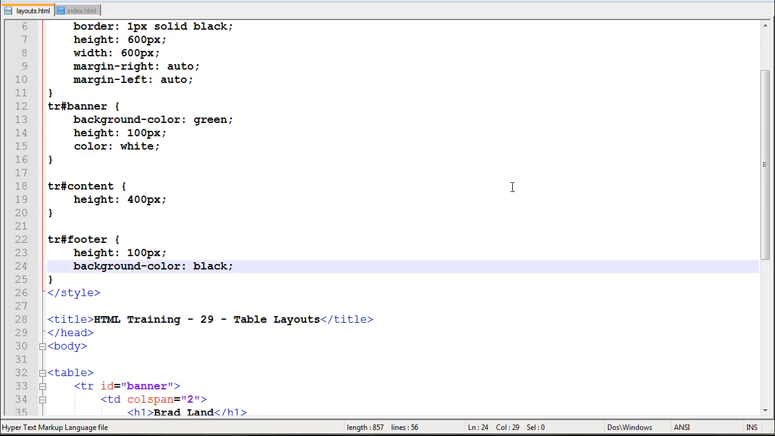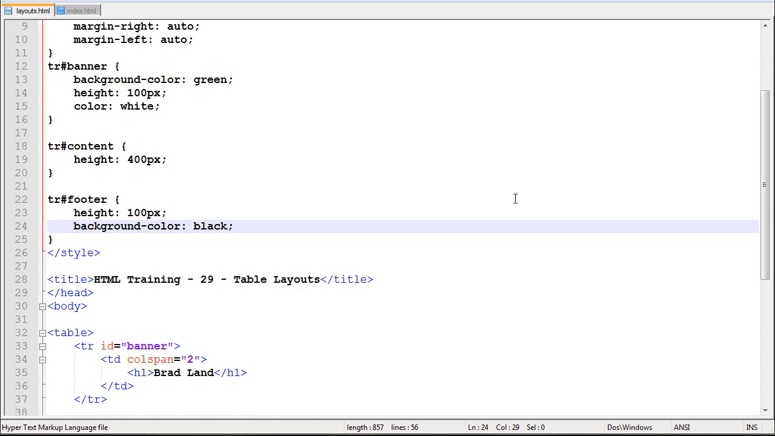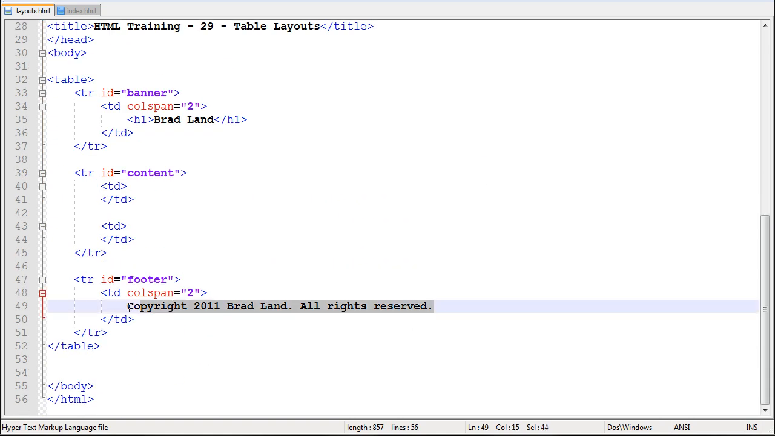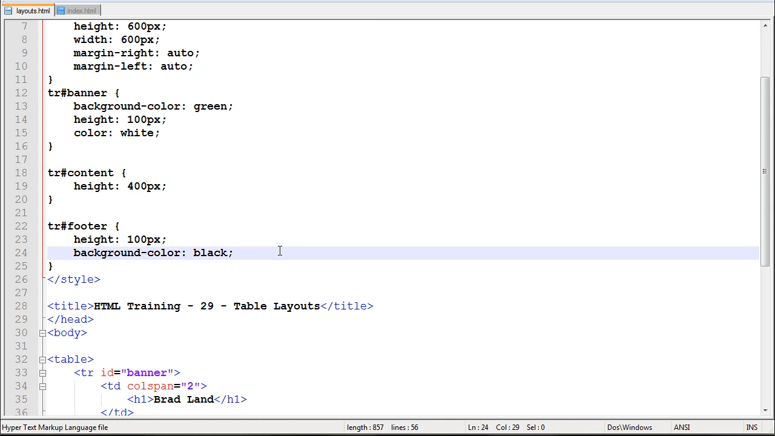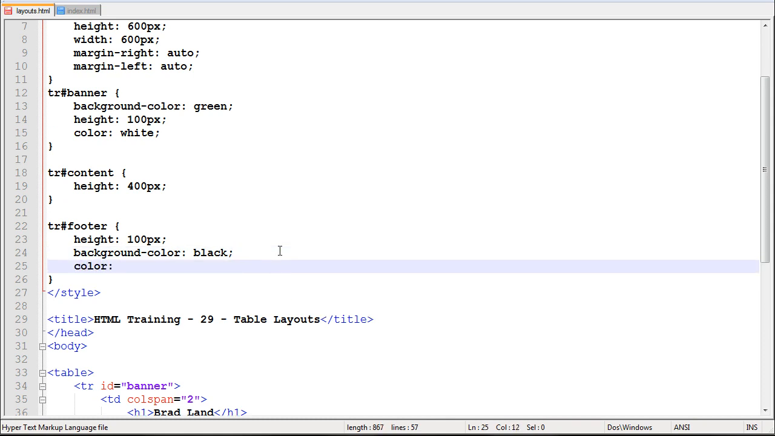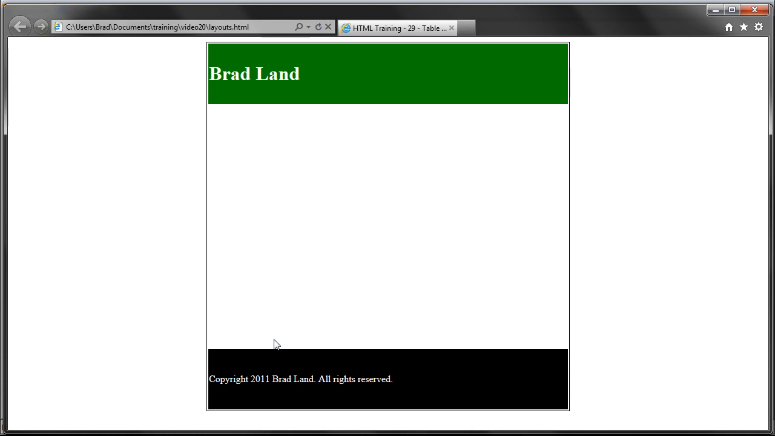So we're back in our styles right now, and what we need to do is make this text right here white. So what we're going to do is make everything in the footer, all the text in the footer, to be white, since we have a black background. And once we load the page up, as you can see, the background is now black and the color of the text is white. But as you can see, the text is not centered,